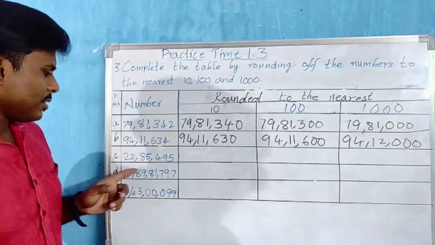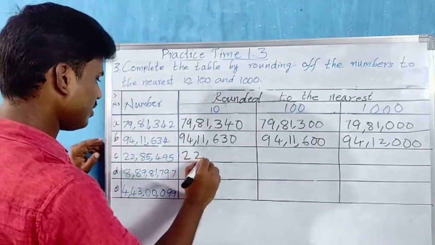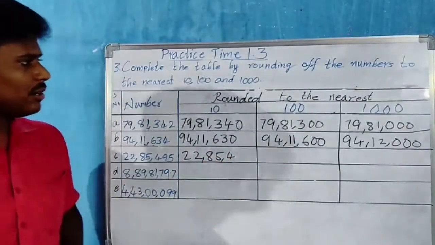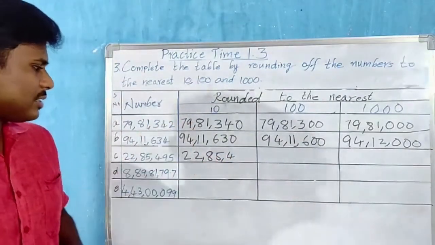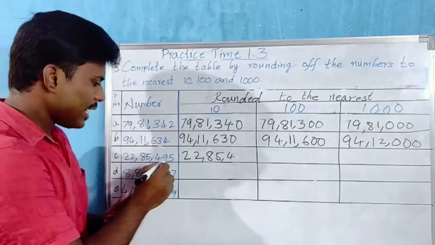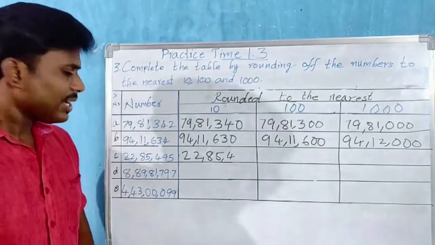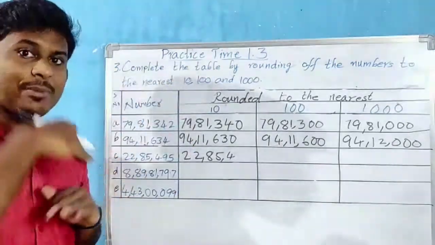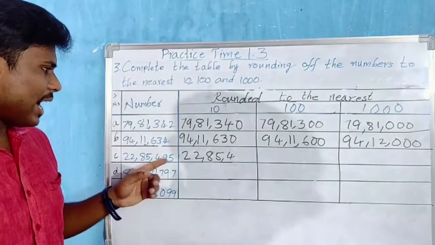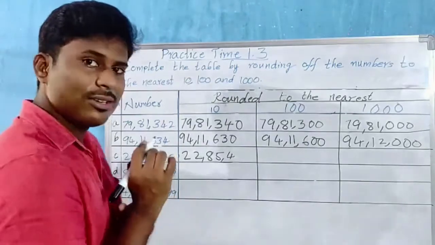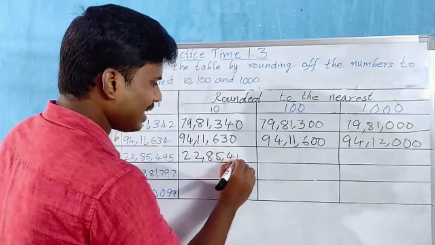For this number, first let us write all the digits up to the hundreds place. As we are about to round to the nearest tens, we have to check 95. So 9 is our rounding digit. Immediate right side, 5 is there. 5 to 9, climb up the vine. So we have to add 1. 9 plus 1 how much? 10. But shall I write 10 like this?